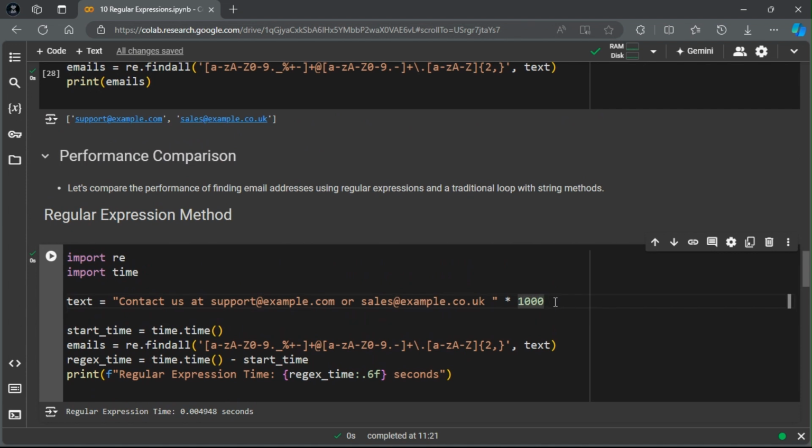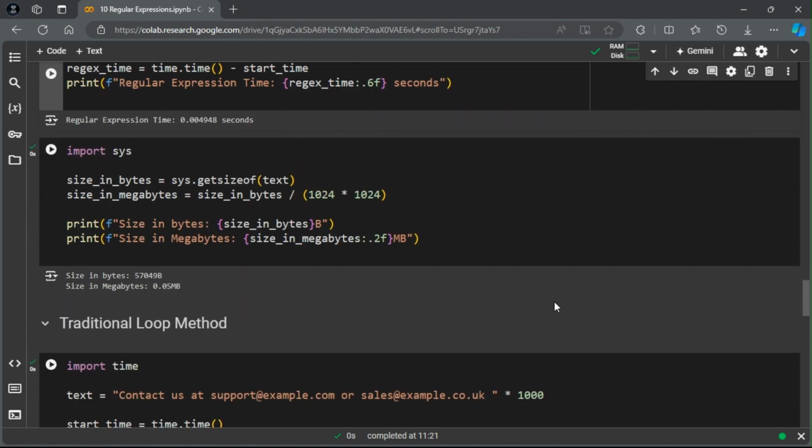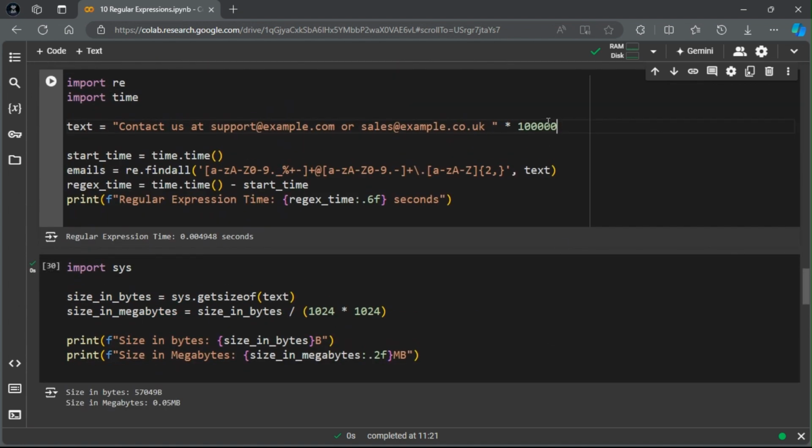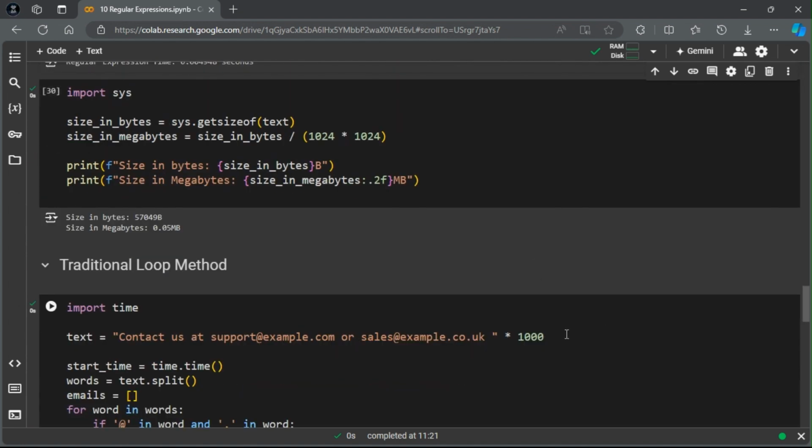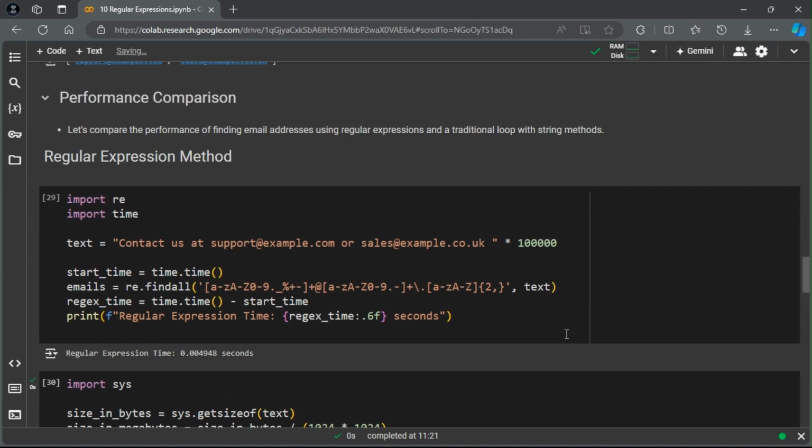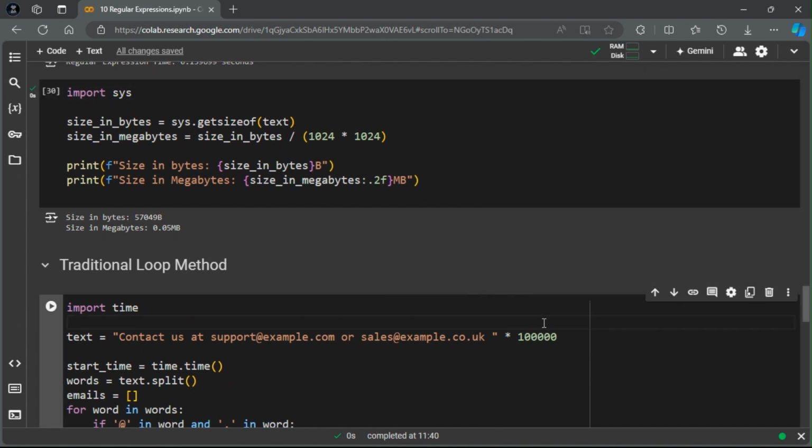The thing is, when we increase the multiplier, and over here we do the same thing, let's see how much time it will take. It will take around 0.13 seconds, and for this one it will take,